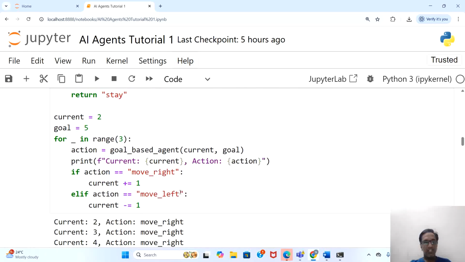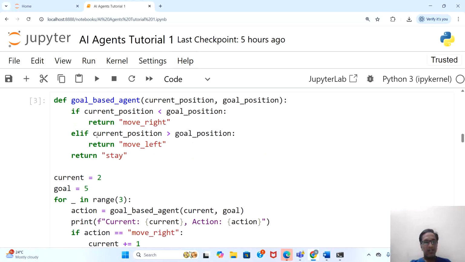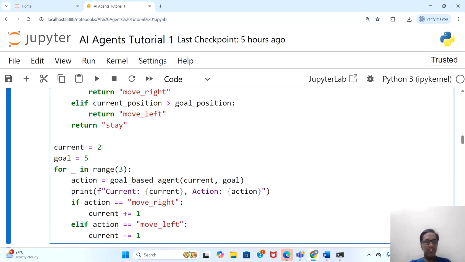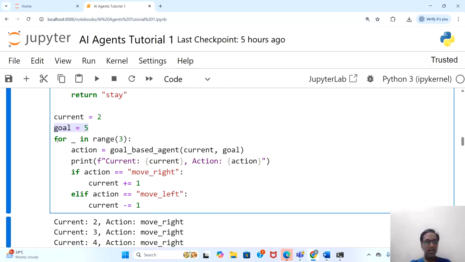Let us say we have a method defined as goal based agent, where we have the current position and the goal position. So ultimately here the task will be to reach the goal position from the current position. Now, let us say current is 2 and the goal is 5, and we are defining a loop here where you are going to give the current and the goal value